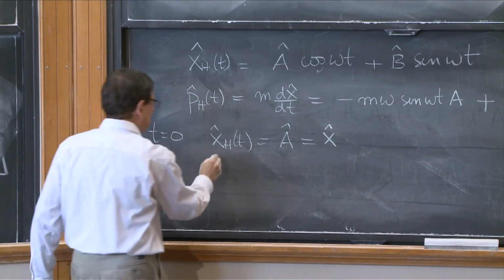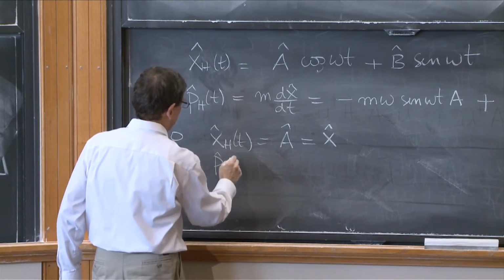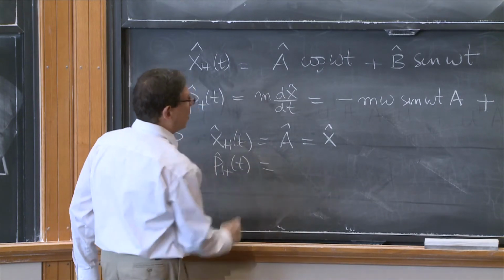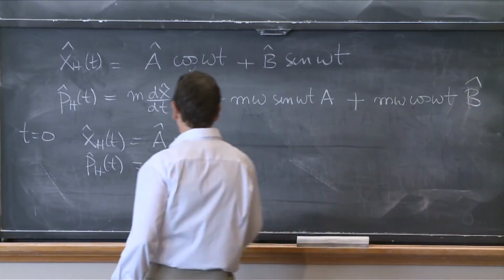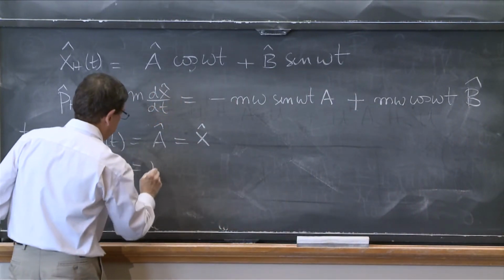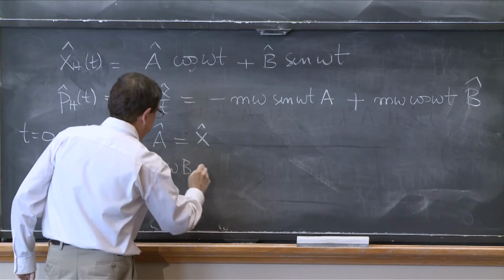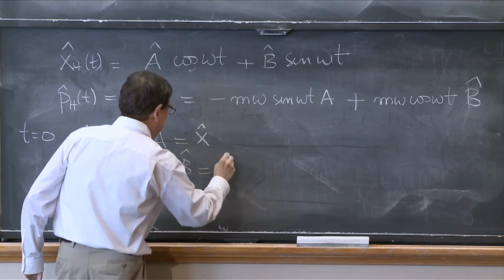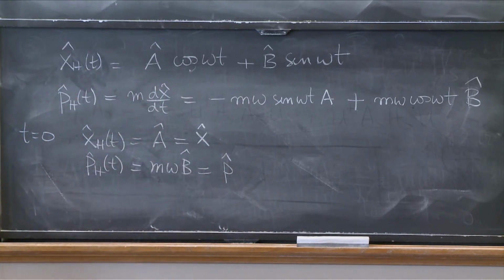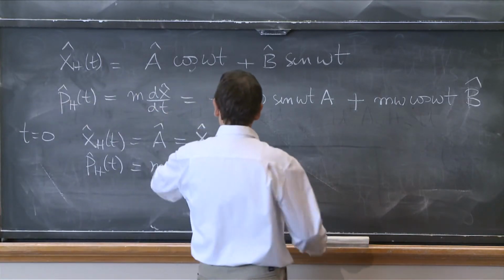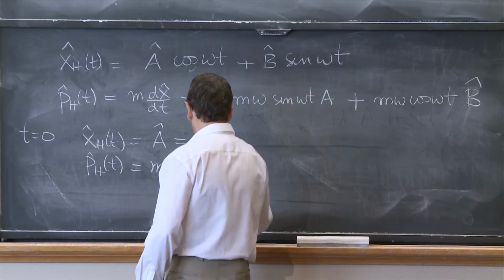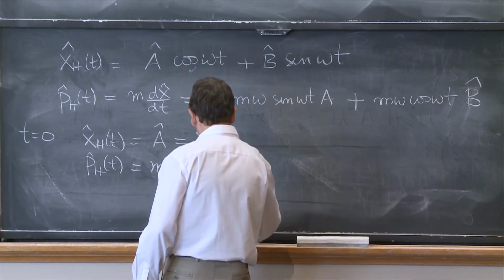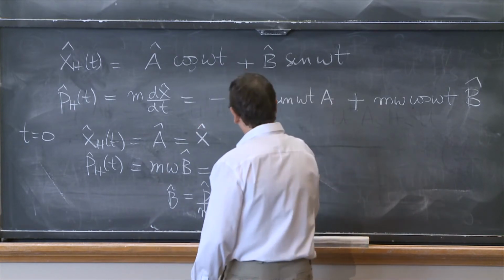And at t equals 0, p_H of t becomes m omega b, and that must be equal to the p hat operator. So b is p hat over m omega, and therefore